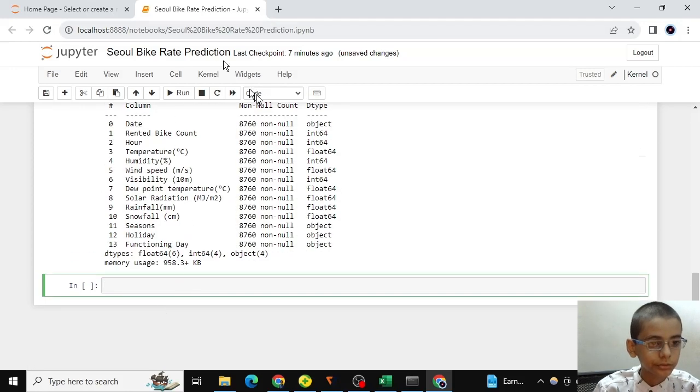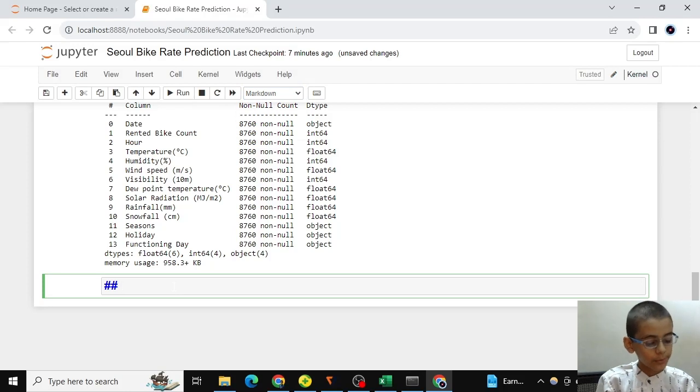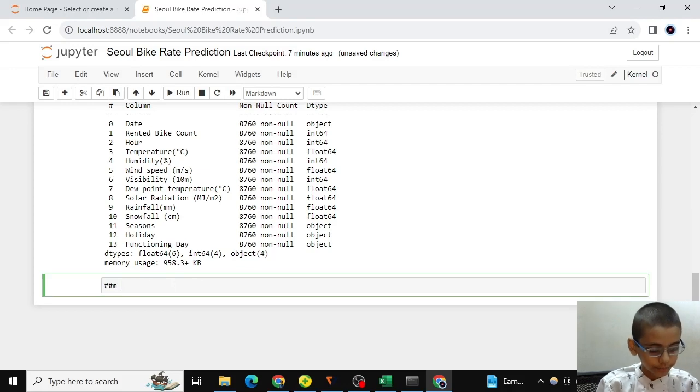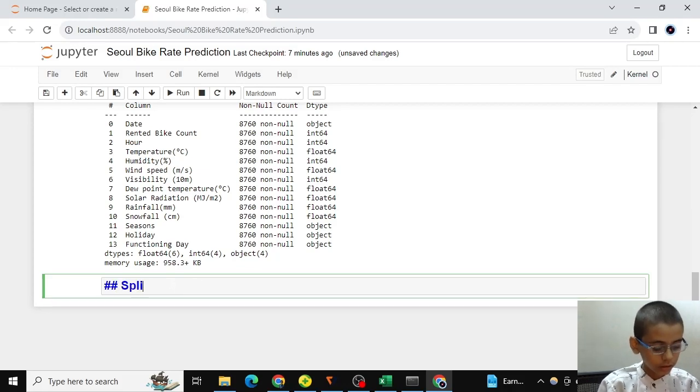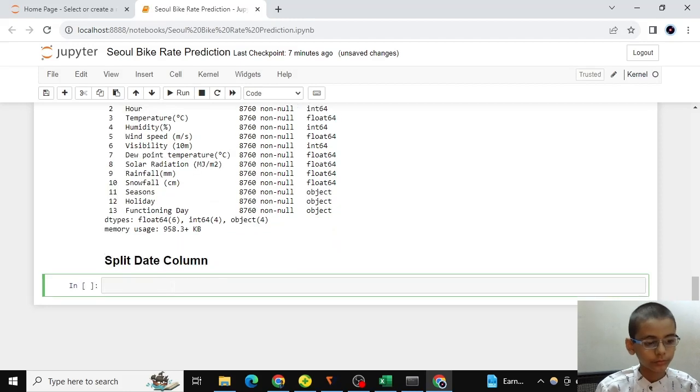So for that we are going to convert our date column and split it.